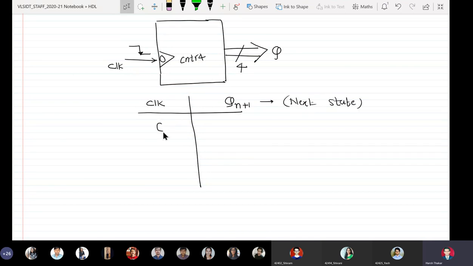So if clock is equal to 0, there is no change. It remains as it is. Similarly, if it is 1, then nothing happens. If a rising edge comes, nothing happens. And as soon as the falling edge comes, it is Qn+1. This is the truth table of an up counter which is negative edge triggered.